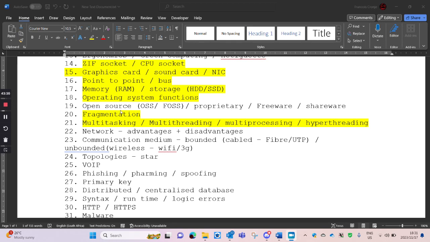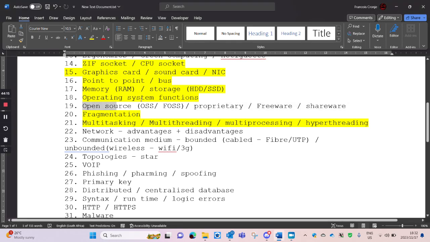And then the other one, open source software, is generally called OSS, but I saw lately they like calling it FOSS, which is just for free open source software, which seems silly to me because open source software is free, so why you need to say that it's free, I really don't know. But some textbooks and some people like to say FOSS. Open source software is free, but it's not copyrighted. So you are allowed to look at the code, you are allowed to change the code as you want to make it suit your needs and do whatever you want with it. So that's what open source software is.